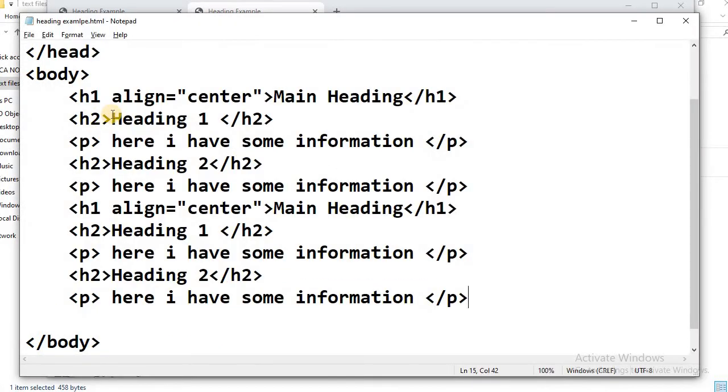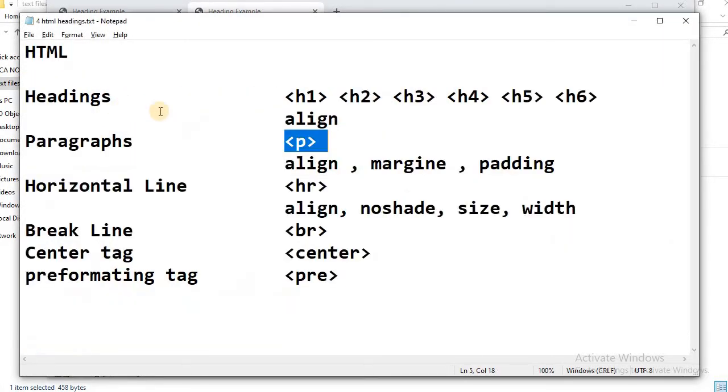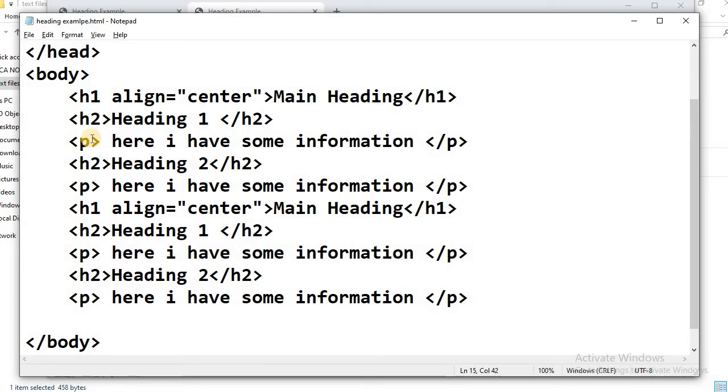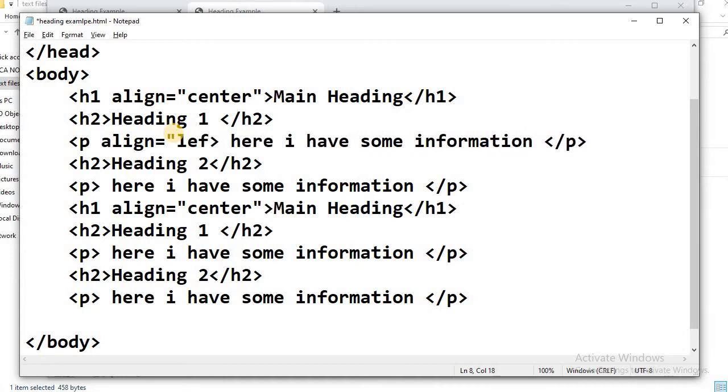Let's talk about the attributes that we have in the paragraph. We can use align, color, margin, padding, lots of attributes we can use, and obviously I'll leave this to the styling part. Currently I'll show you the use of this align attribute again with the paragraph. We have 4 alignment types. Let's say we can use the left align. The one is left align, so I can use this left align, and let me copy into the second paragraph,